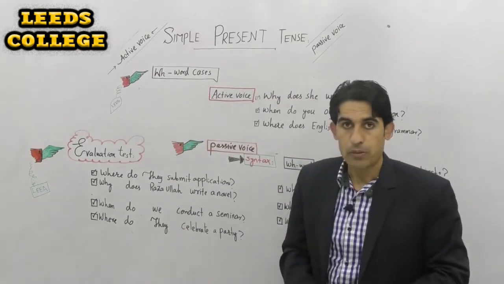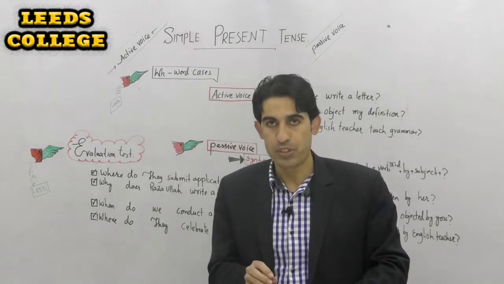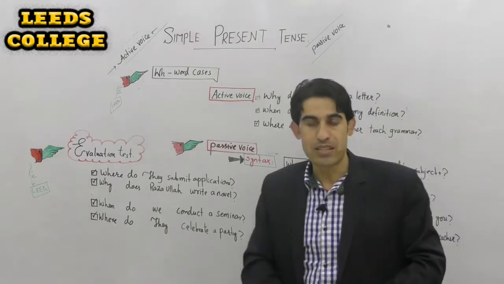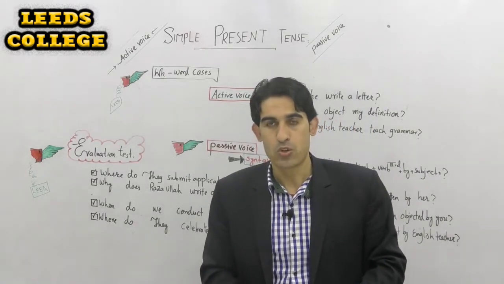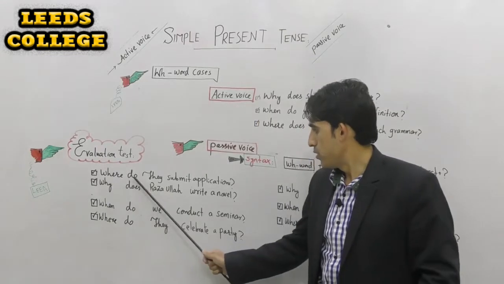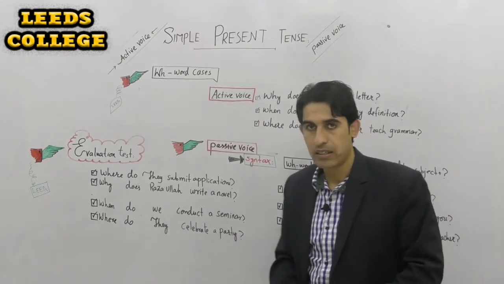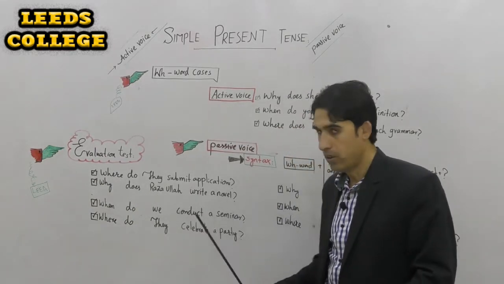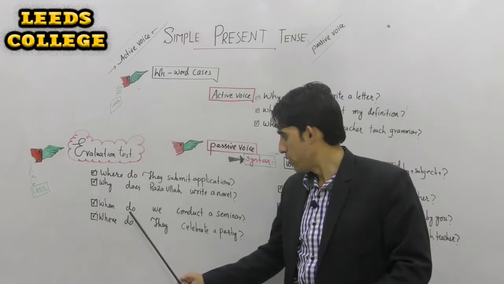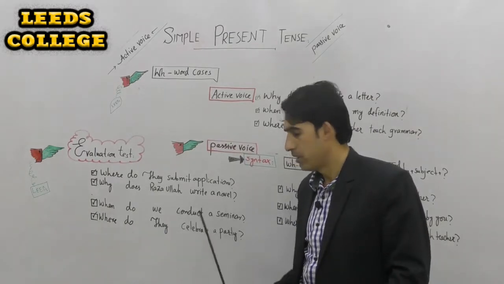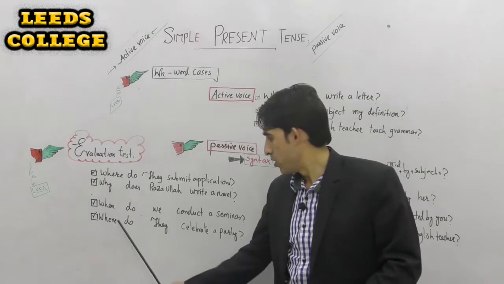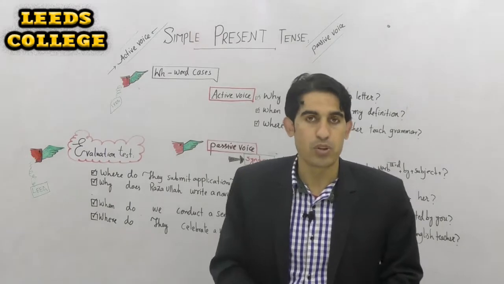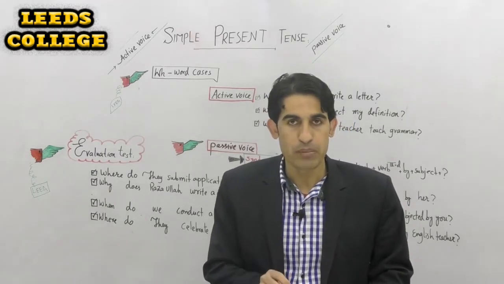Now, after these lessons, I have designed an evaluation test for the audience and readers, and I have selected 4 important sentences introduced by WH words. So I read them. Number 1, where do they submit applications? Number 2, why does Razaullah write a novel? Number 3, when do we conduct a seminar? And the last one, where do they celebrate a party? This evaluation test is for the audience and for the readers. Solve them and post the